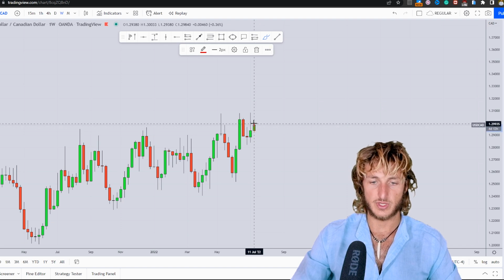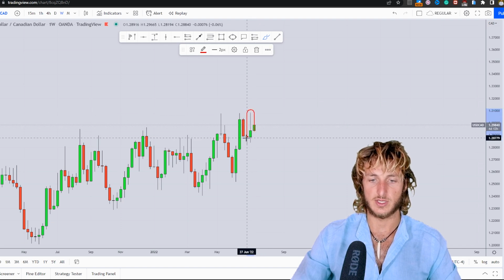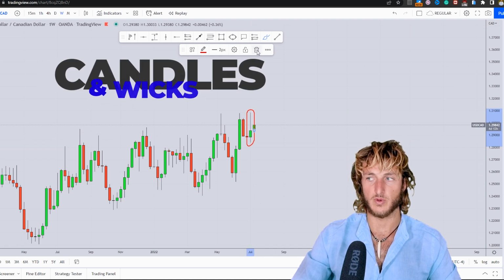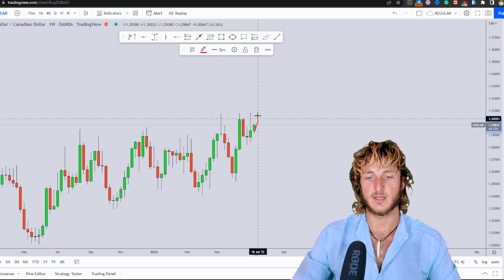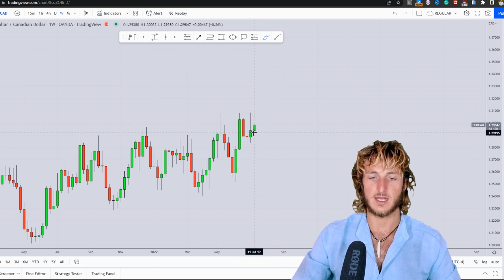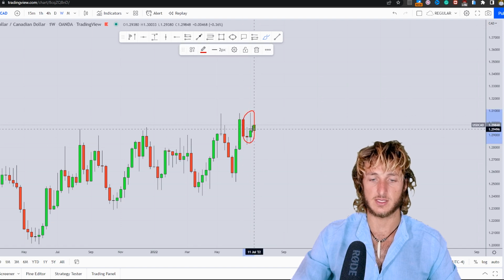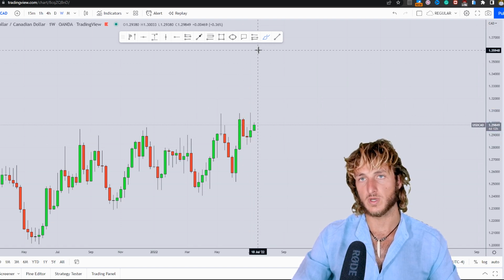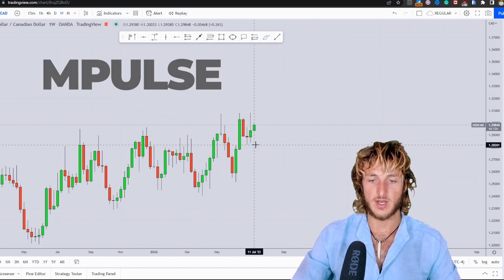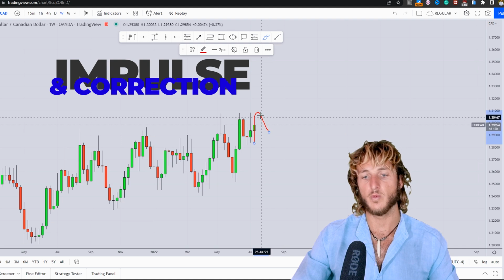Now, what we can also notice is that the market just printed this candle here. Now, when you see a candle like this with a very long wick and a green body, what you usually expect is for the next candle to fill in the wick. The reason for that is that if on the weekly you have a candle like this, it means that on lower time frames, for example on the daily, you will most likely have an impulse and correction, in which the correction